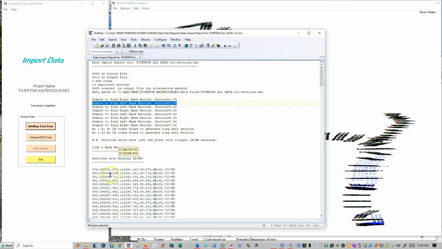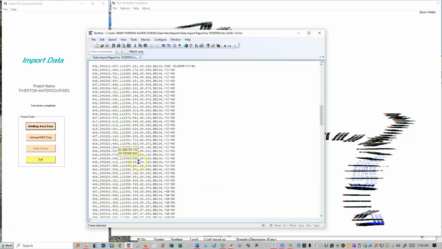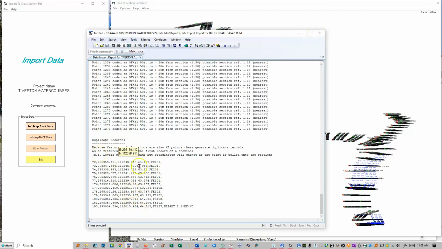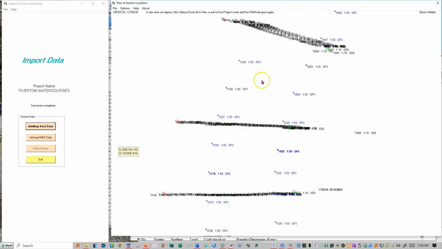So we've got these records here, and it says it'll be missing and all the rest of it. So there's a useful note there. Once that is saved in the records in the report subdirectory, but this is what I wanted to bring to your attention: we've got the whole of the raw survey data imported and simply plotted on the individual sections. It's brought in quite a number of the outfalls as well in this case,